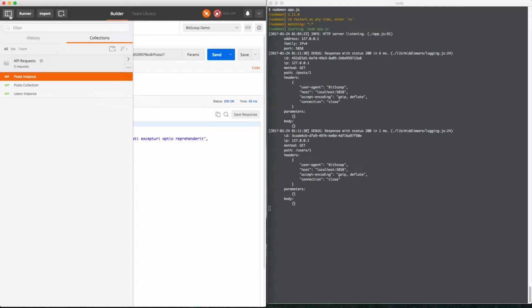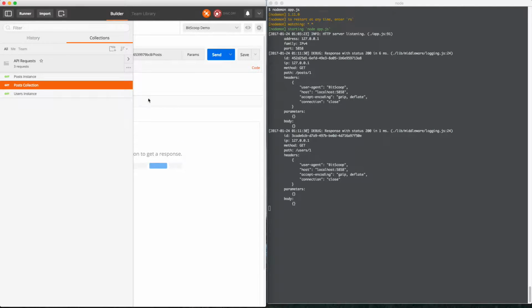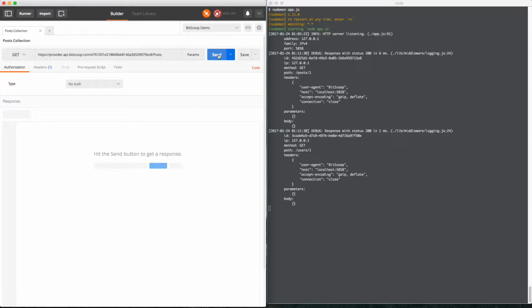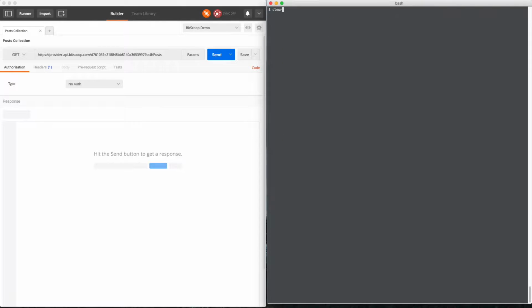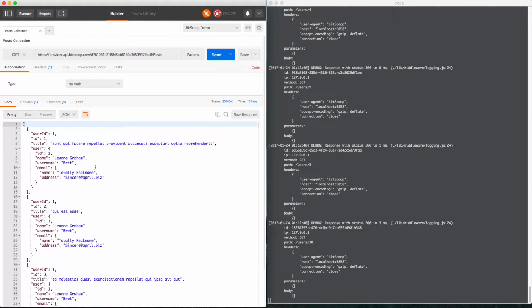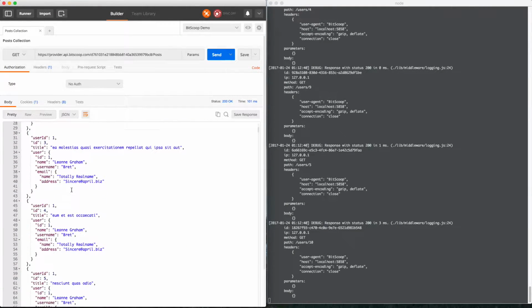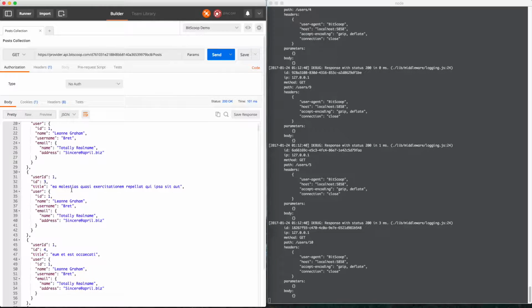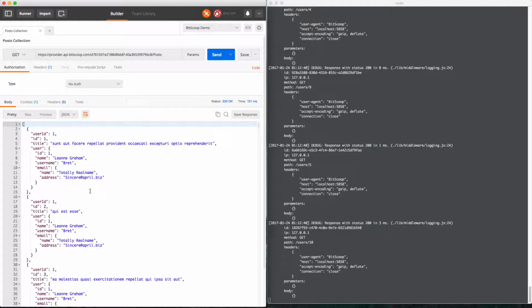So let's take a look at what happens when we request all of our posts, because this has some implications for just another feature that we include to make sure that we're respecting the calls that you make to your data provider and your API keys that you're using. So we're going to clear this out and just restart this so it's clear what's going on. We're going to send a request to all the posts. And you can see within the result of this data, this user with an ID of 1 authored more than one post. So if you're concerned about the traffic that's going out to a data provider, as you should be